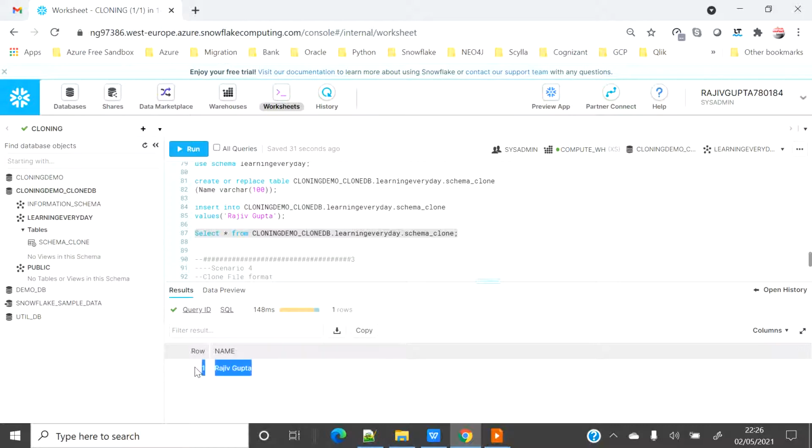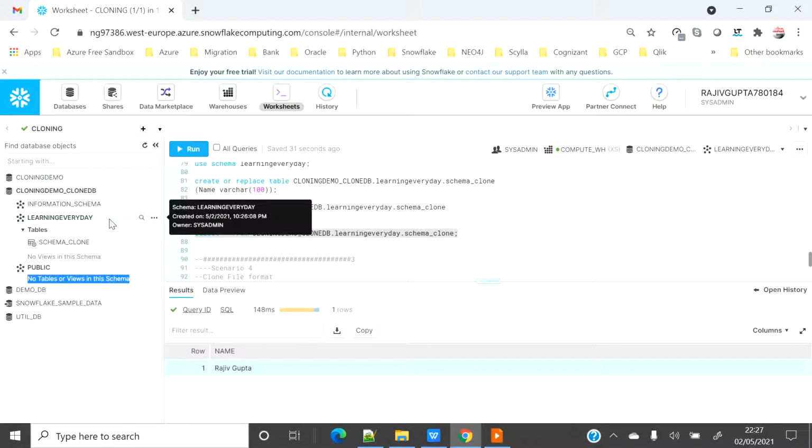I can see that one record had been inserted successfully, and if I refresh again, we can see that the public schema is still empty. That means while cloning the schema, it also copies the metadata and not the actual data, and both schemas can be maintained independently. Both have different life cycles.